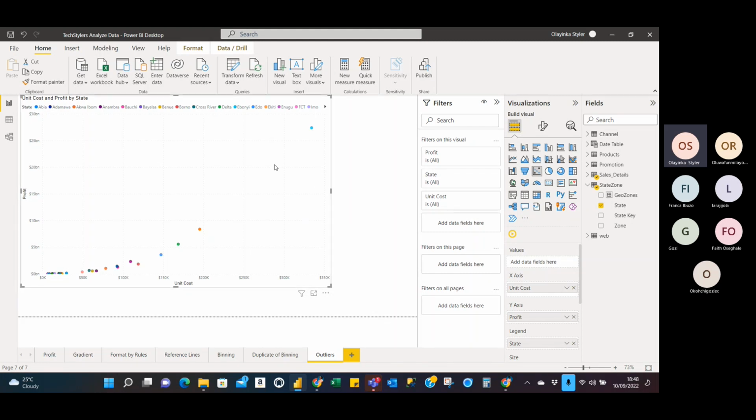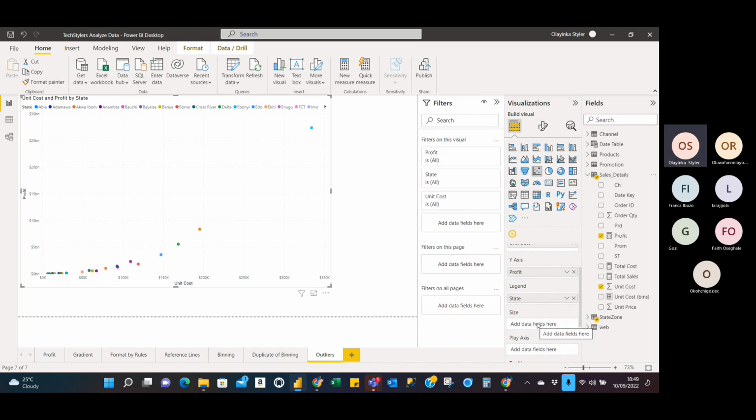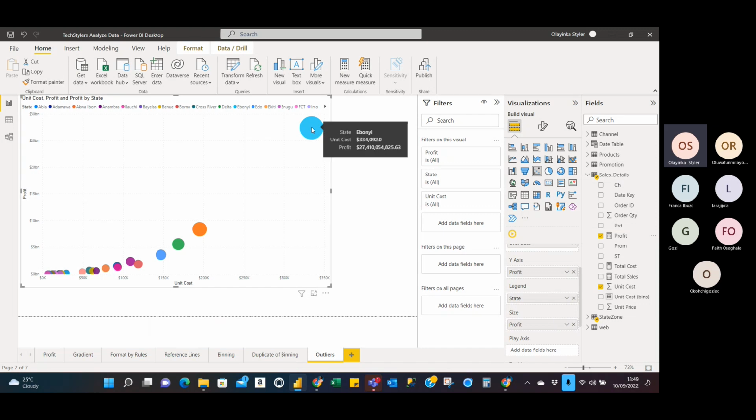We can still add another field that makes the outlier even more obvious. So what we did here was profits against unit cost. We can decide how we want the size of each of these balls to be, so I will drag profits again into the size field in this field pane. So Ebonyi State, despite their high unit costs, still